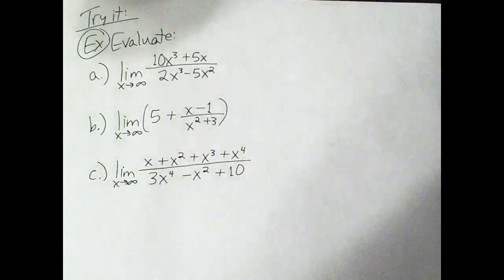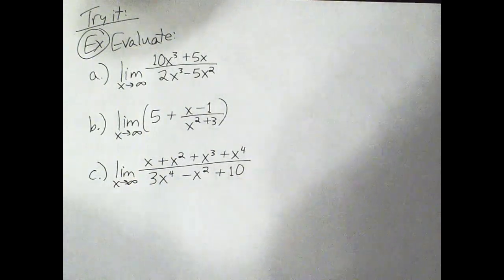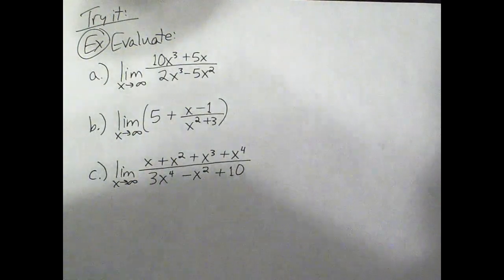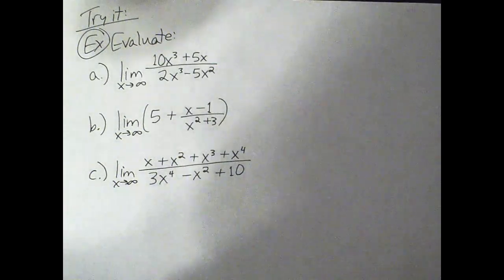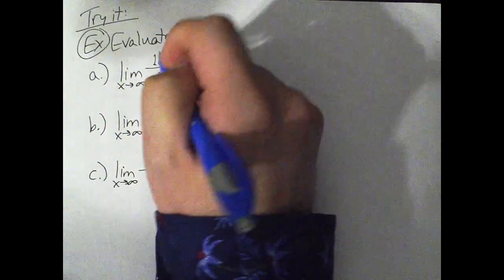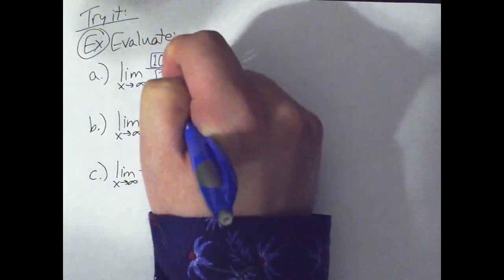All right, so let's talk about these. We figure out what case these fall into, and the first one looks like the degree up top is 3, degree on the bottom is 3. So this is a case 1 situation, and I'm looking at this 10 over 2, and I'm thinking,